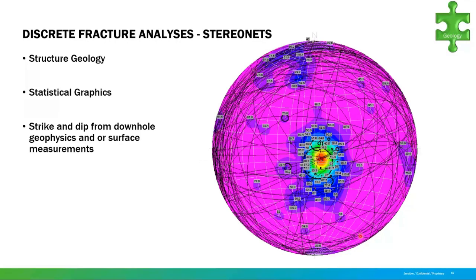This is a lower hemisphere stereonet. And what you see graphically are poles, those are the little black dots, and planes, which are the circular arcs going around this stereonet. So this is the bottom of a bowl, essentially, and a fracture running through that bowl,